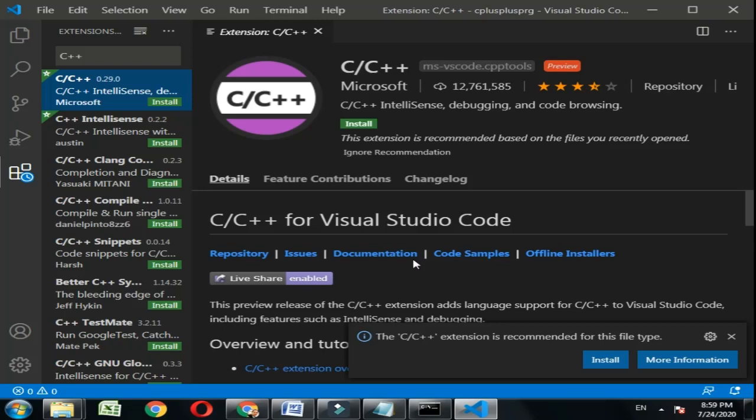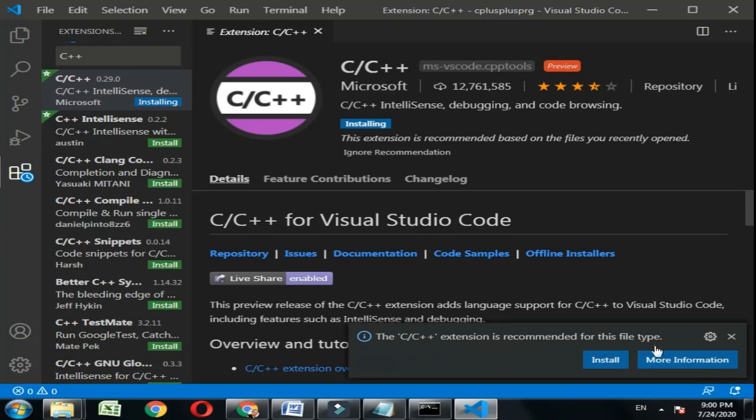So we will install it. I will show you how it works after installation. We are installing C++ IntelliSense, debugging and code browsing. One more, it is suggesting at the bottom that the C++ extension is recommended for this file type.